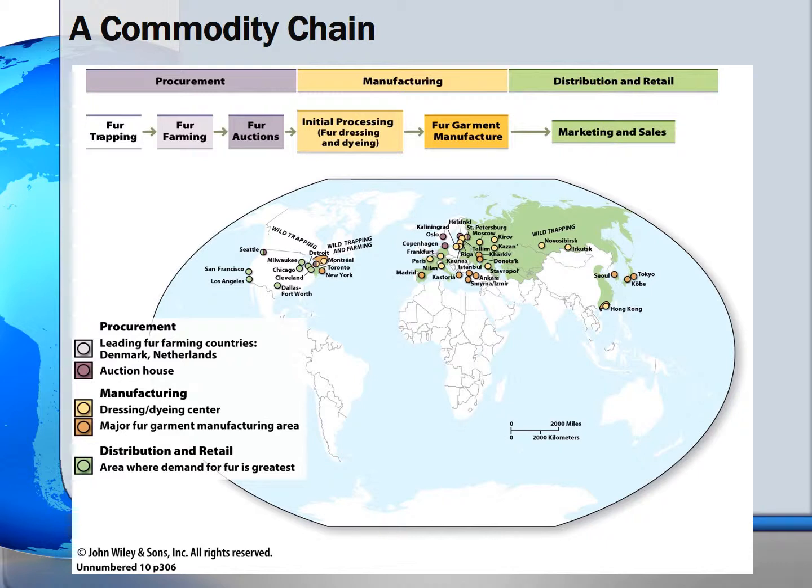Here we present a commodity chain for fur garments, which is strongly anchored to the northern hemisphere. Globalization can affect any part of a commodity chain. Historical centers for the dressing and dyeing of fur included Paris, London, Leipzig, Germany, Montreal, and St. Louis. This map shows that the manufacturing of fur garments has globalized and shifted east.